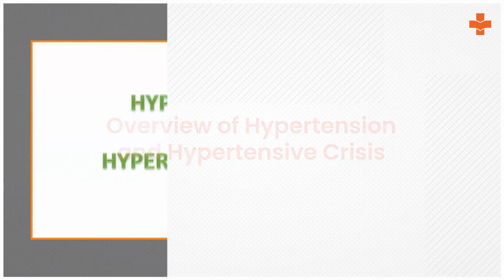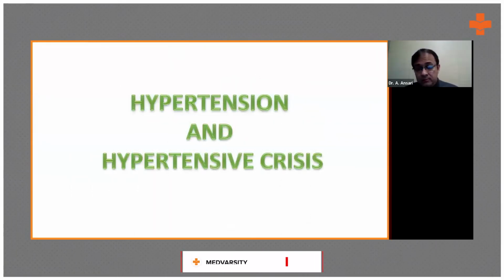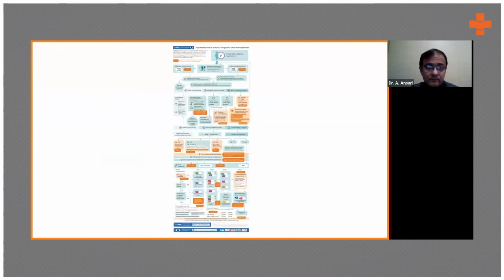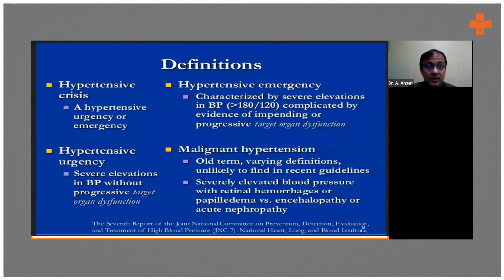Right? Well, a very short discussion on hypertension and hypertensive crisis, because this is once again the most commonly encountered one. Once again, we have a lot of drugs available, like ACE inhibitors, what to be given and what not to be given. I think before this we should know certain definitions.